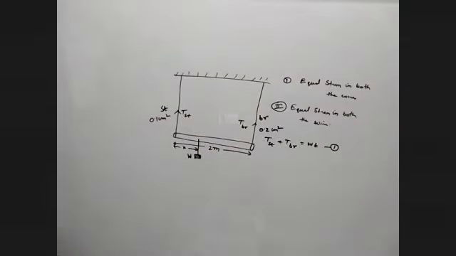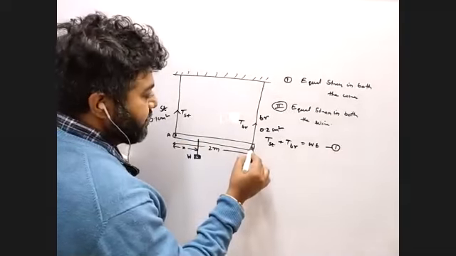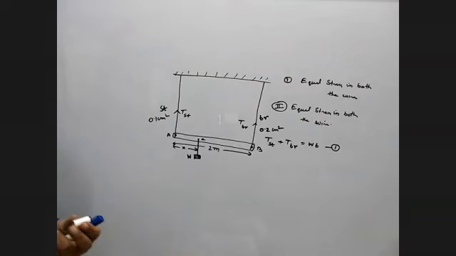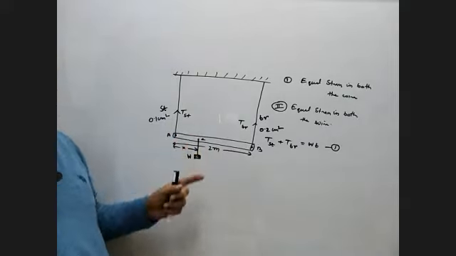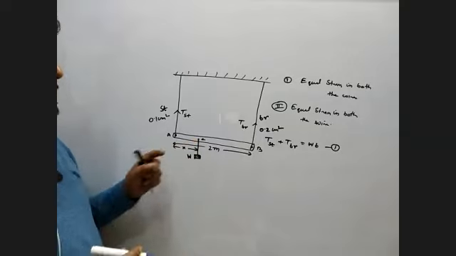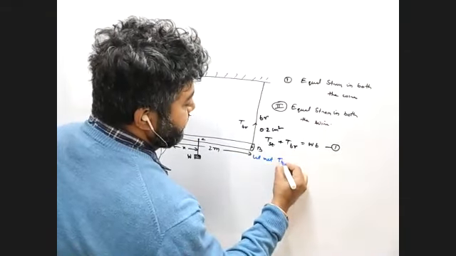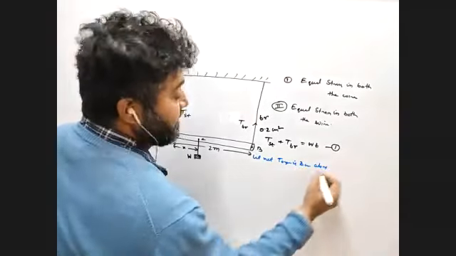That is the first thing. Now see, if we consider this is the point A, this is the point B, and this is the point C. So at any point, the system is in equilibrium. So net torque is 0. So as I already mentioned, मुझे T steel and T brass चाहिए. तो इसके respect में लेते हैं. So let net torque is 0 about C.